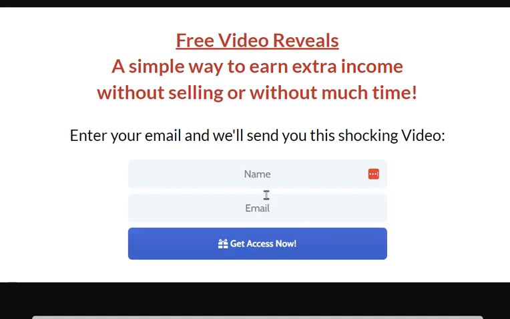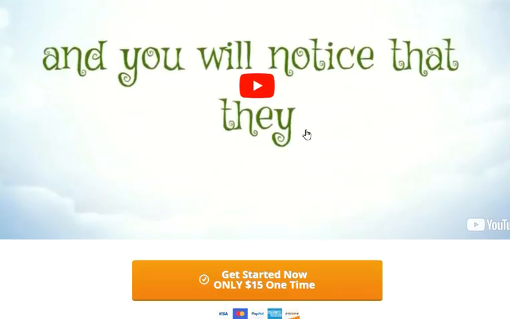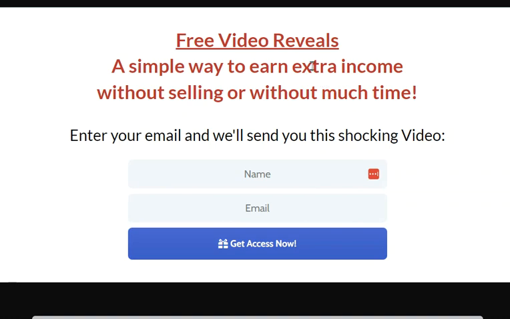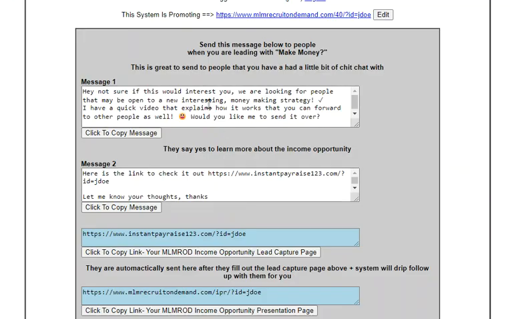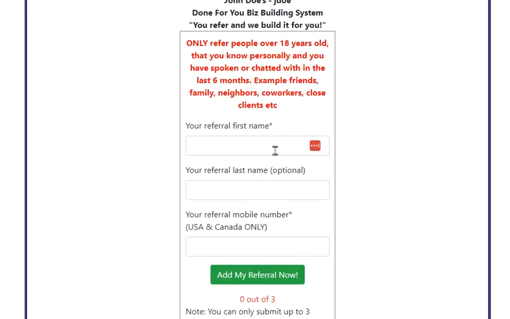And once they opt in, the system will automatically follow up with them, but it will bring them to this page here, that talks about earning extra income, and we have a video that explains how the whole thing works. And then when they click to join, they'll be joining you directly. They would pay you the $15 directly. So it's all automated. You have nothing to really do. So really and truly, there's only two things. Either you're promoting this page using some of the scripts that we give you, or you are entering contacts that you know well, and our system will handle everything for you.